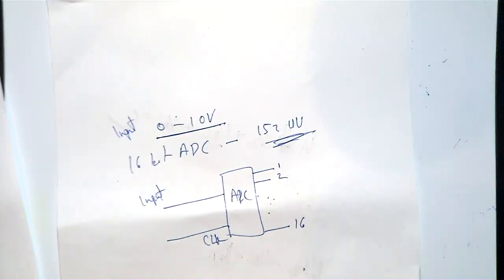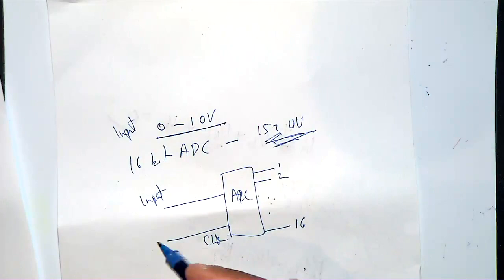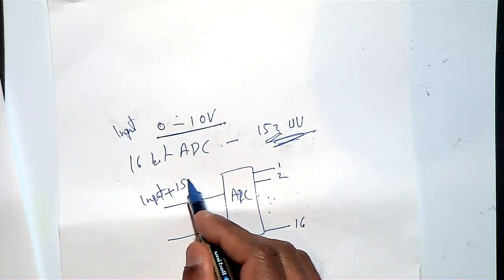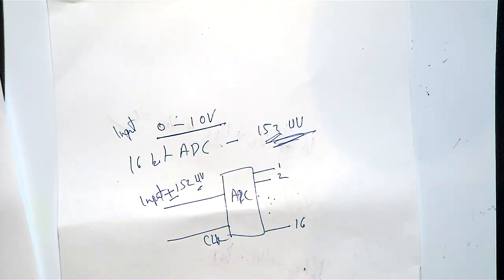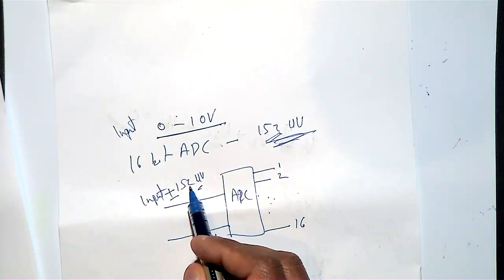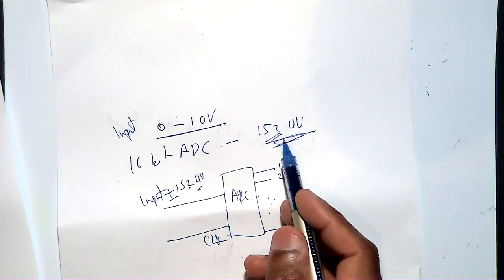So then your interest is sensing 152 microvolt. That much increase, input plus or minus 152 microvolt, is your interest. You want to sense that much variation. Where input plus 152 means it is increasing, your LSB will be changing. You know what I meant? And suppose this will be,